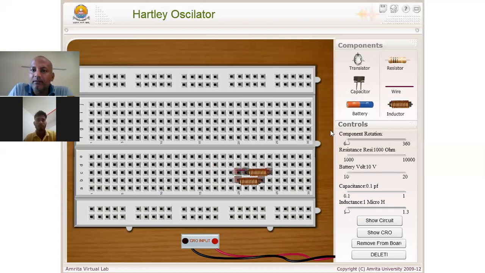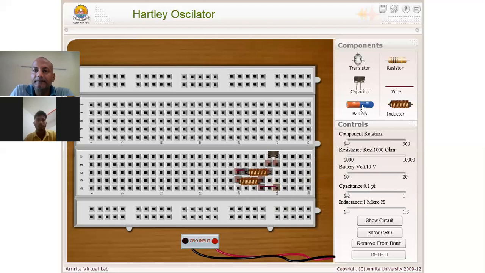Now in parallel combination, I have to connect C. So this is our tank circuit.